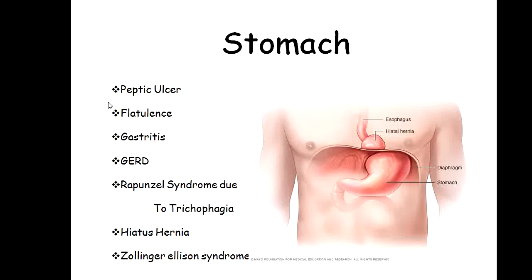This may be due to hyperacidity of the stomach. This may also be due to Helicobacter pylori, the H. pylori. This pylori is a type of bacteria which is present inside the pyloric antrum of the stomach. So the peptic ulcer may be due to the hyperacidity or due to the H. pylori, or